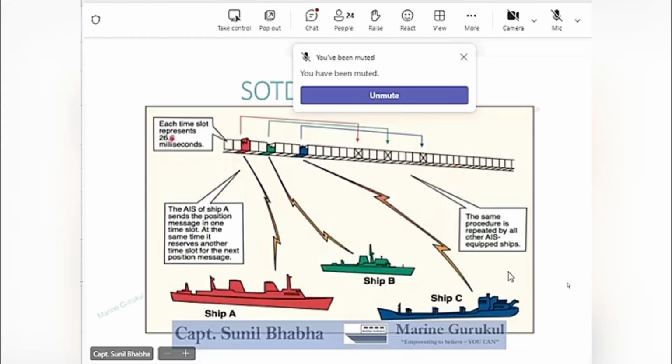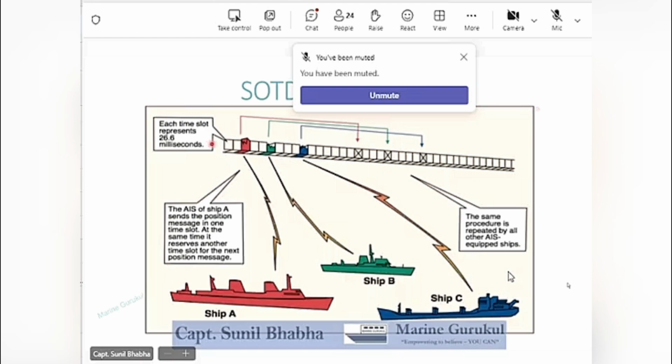So I told you there are minimum 2000 slots in a minute. So in a minute, minimum 2000 stations would be able to transmit the data. Now at this particular time, as far as navigation is concerned, I hardly see any areas where you will have 2000 ships in the VHF range. It is possible if the AIS is fitted over each and every single boat or something like that.